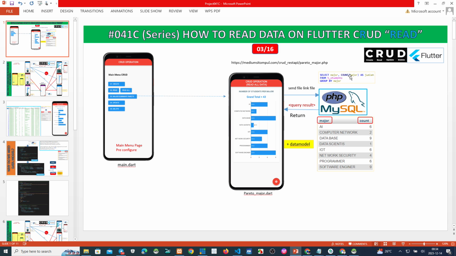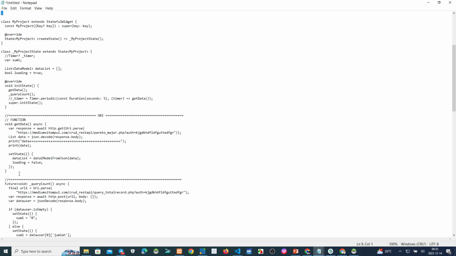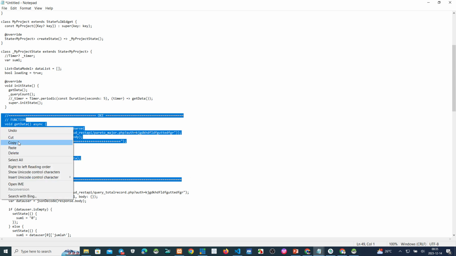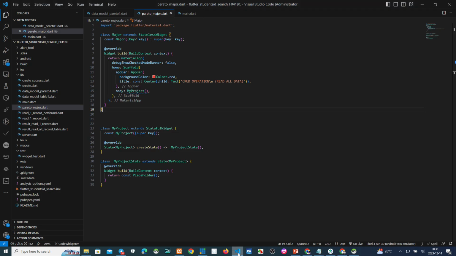We must make a function to receive all data from the backend to Flutter. We copy this. This is the script for how to get the data.